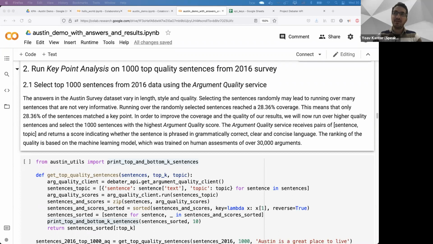What happens if you run key point analysis, the key point client, without waiting for the comments to be processed? That's a good question. Let's wait till I get the right answer.